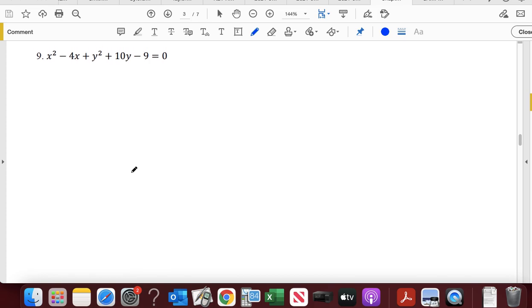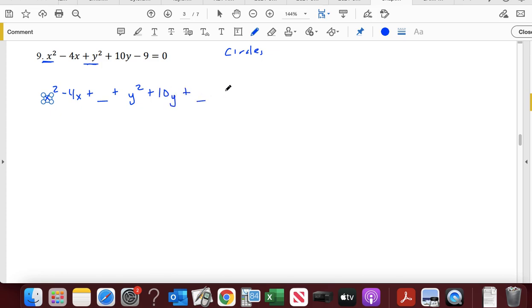Now this last one here, notice we have both squared terms, same coefficient of 1. Doesn't have to be 1, but it could be something else theoretically. But they have the same coefficient, so they are circles. And here we go. So now we're going to complete the square for both of these. So I've got x squared minus 4x plus blank plus, now my y's I wrote together as well. They're already written together. Y squared plus 10y